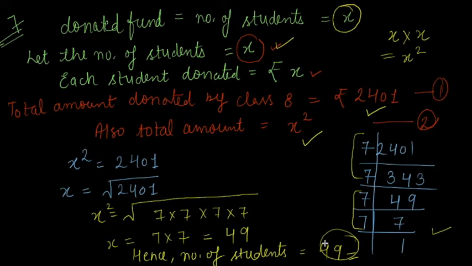Now your question number 8 is of the same type as your question number 7. So I will be quickly explaining question number 8. 2025 plants are to be planted in a garden in such a way that each row contains as many plants as the number of rows. Again you have to find the number of rows and number of plants in each row. So again the condition given is, each row contains